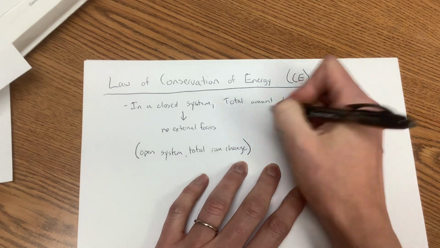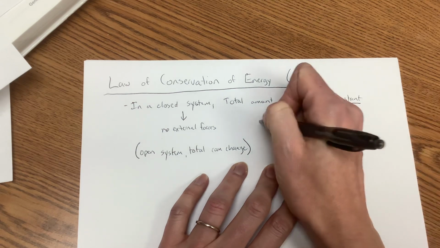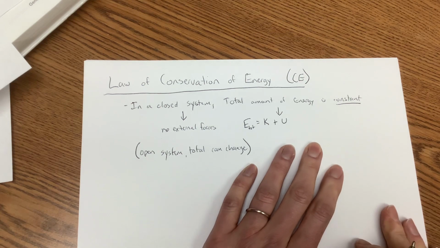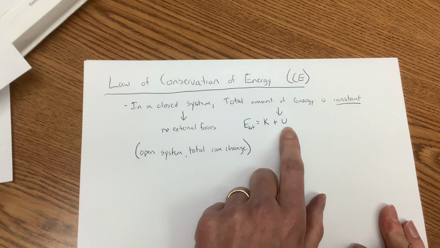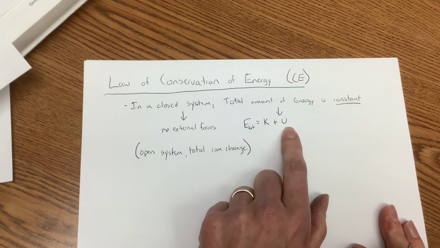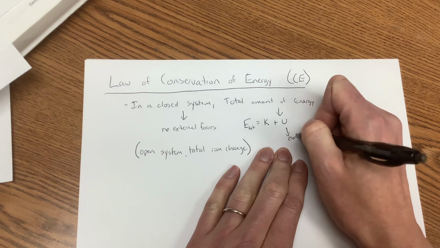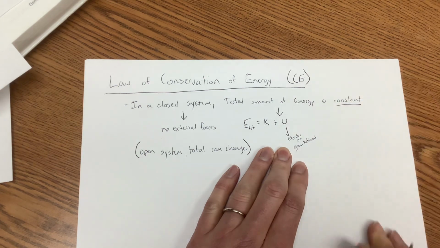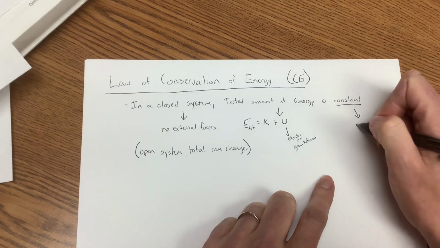When we say the total amount of energy, what we're talking about is all of the kinetic energy plus all of the gravitational potential energy added together. Because we're only talking about mechanical energy here, that's the kinetic energy plus the potential energy. It could be gravitational or elastic potential energy, which we haven't really talked about yet, but will be added in later. Right now, you're just going to have to worry about gravitational, which is a nice introduction. We'll add elastic later. And by constant, we mean not changing.